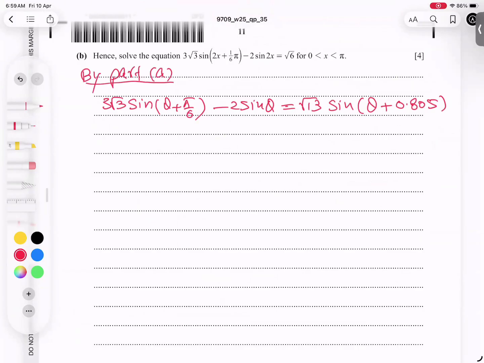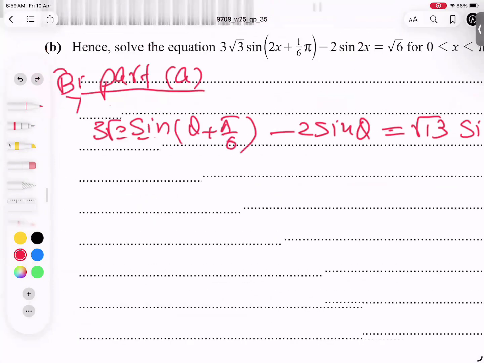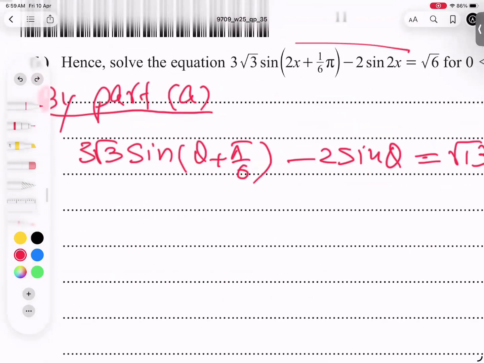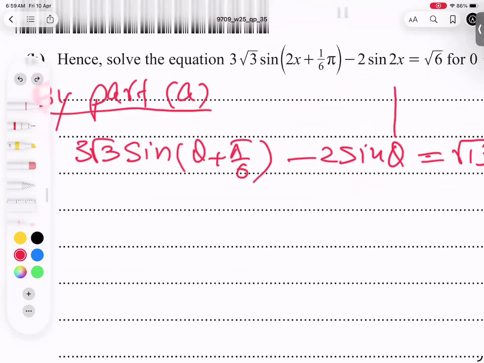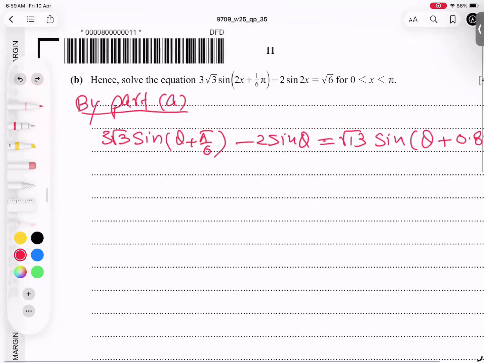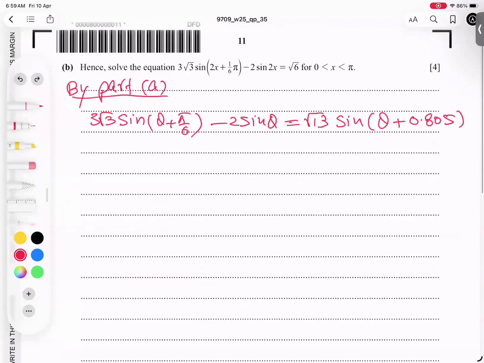And now he's asking that solve this equation. So if you look carefully, students, I've just zoomed in for you. If I compare them, what he's doing is theta is replaced by 2x. The remaining part is everything the same. So what I will do, students, is paste the same expression once again here,